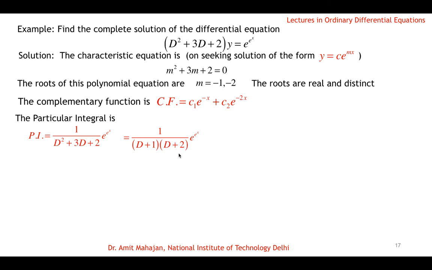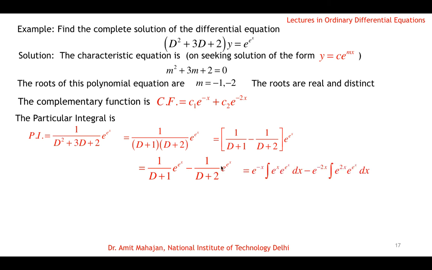So we can apply partial fractions. Once you apply partial fractions, you already know how to do this, so I'm not going into detail. So first operator on exponential minus second operator on exponential, so we can separate them, and then we can apply the theorem on the first, and we can apply the theorem on the second. So e power minus x integral e power e power x e power x dx, and similarly the second. And now we can solve this. If we put e power x as t, then e power x dx is dt. So it is the integral of e power t dt, and then we can back substitute.